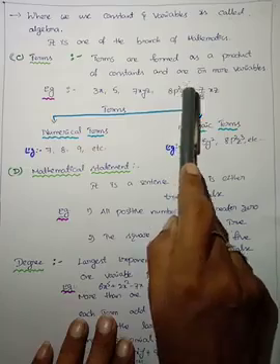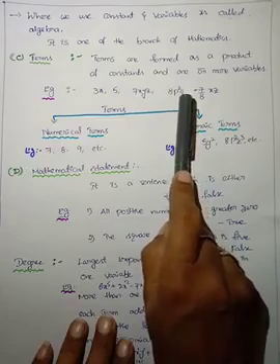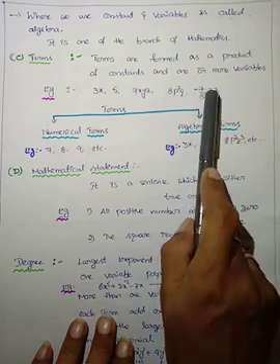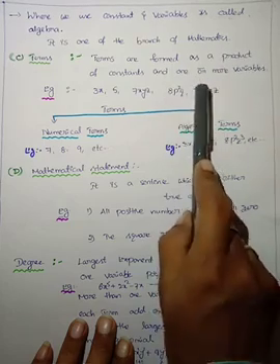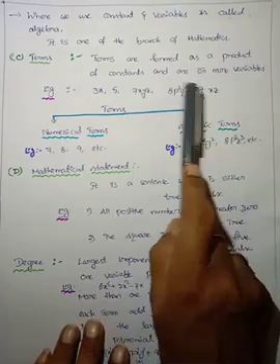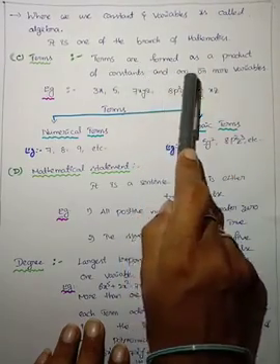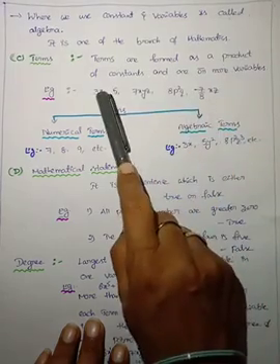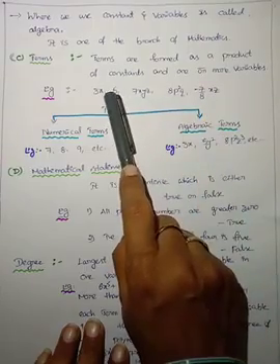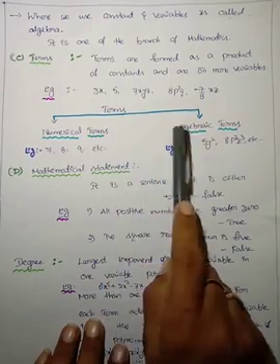8p square q is also a term. 8 is a constant, p square and q are variables. This is also one term. Minus 7 by 8 xz: minus 7 by 8 is a numerical constant, and x and z are two variables. Terms are formed as a product of constants and one or more variables. So here there is one variable, here there are 3 variables, here there are 2 variables, here 2 variables with some constants and variables.